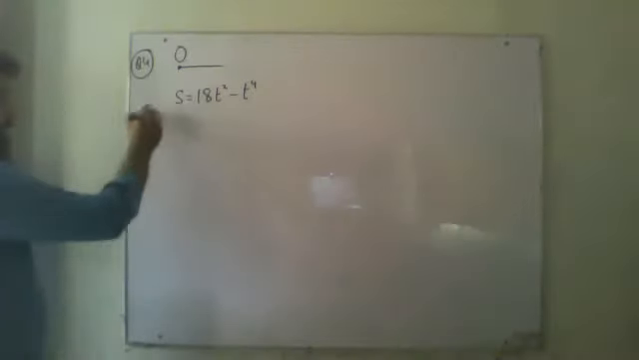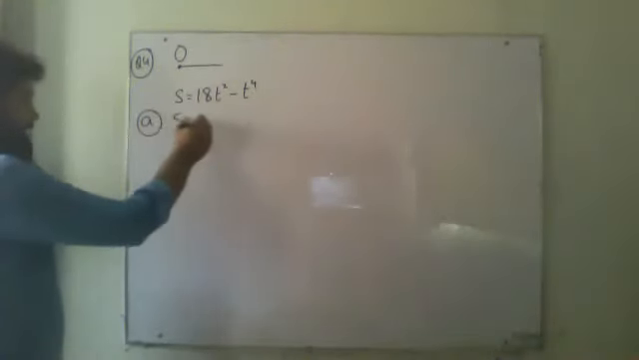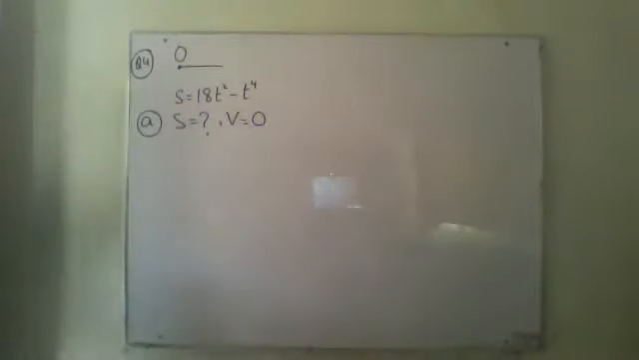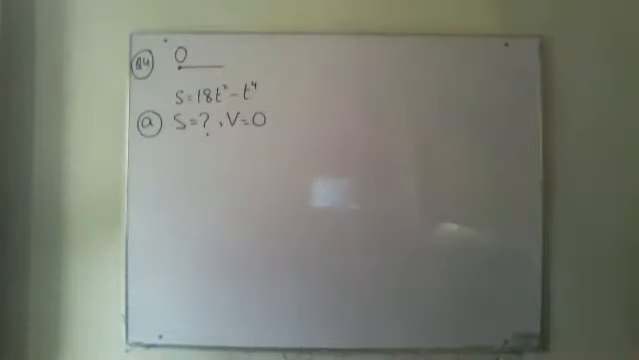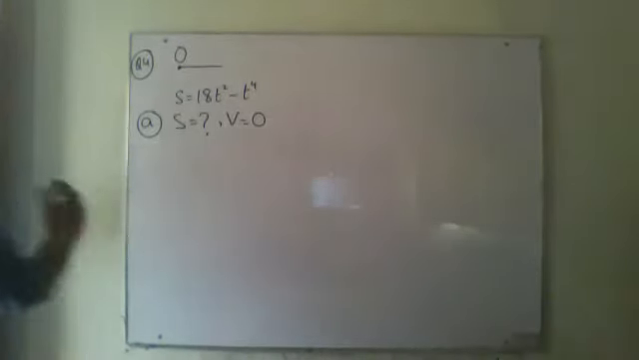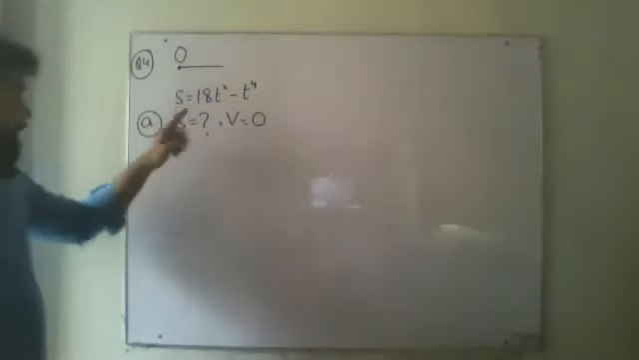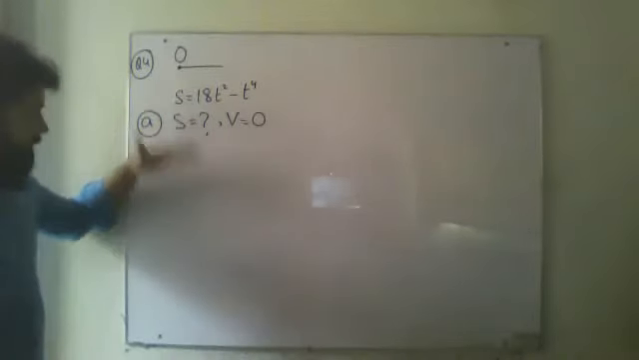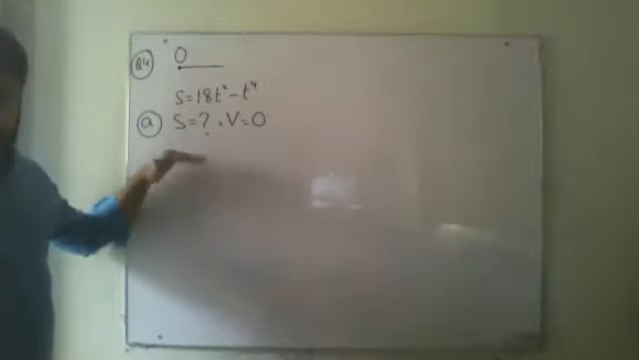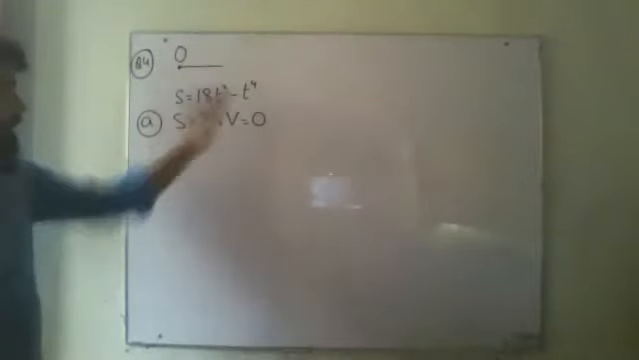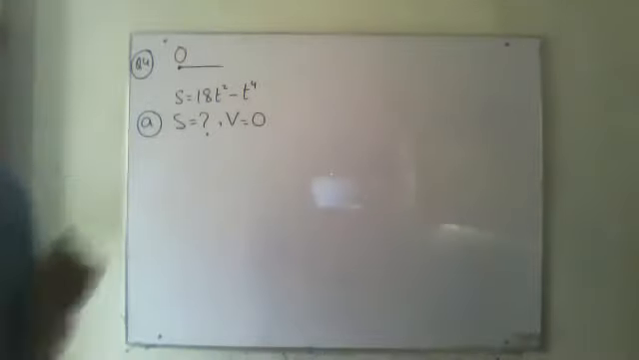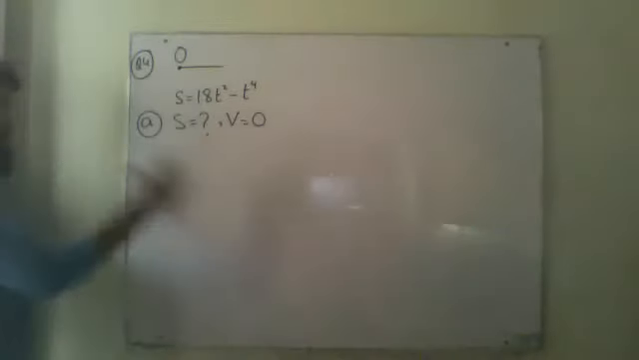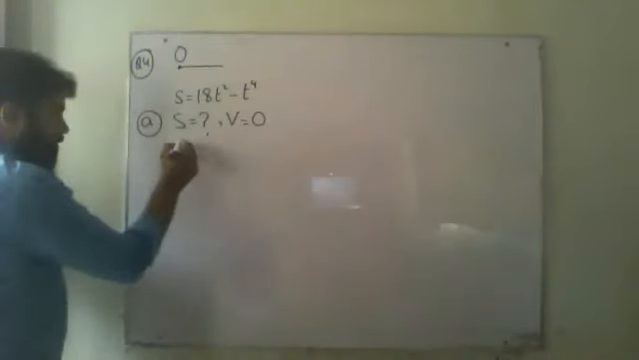I have to find S when velocity is equal to 0. Velocity has to be 0. Now, S and V are not connected right now. When I get the V value, it will not be written over here, but there is only one thing which will be connecting V. First of all, V equals 0, it means I have to find V. So V equals